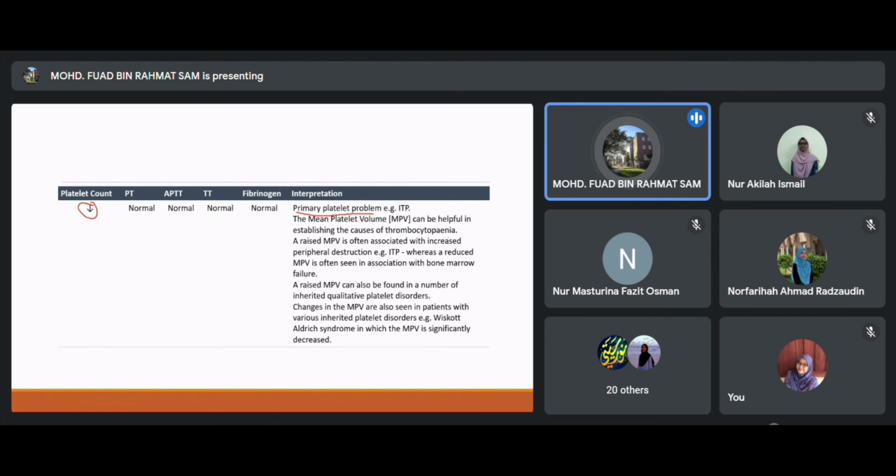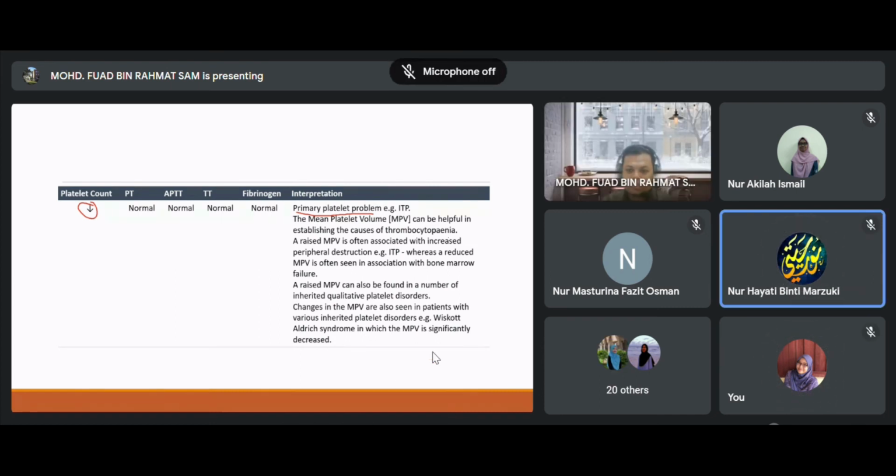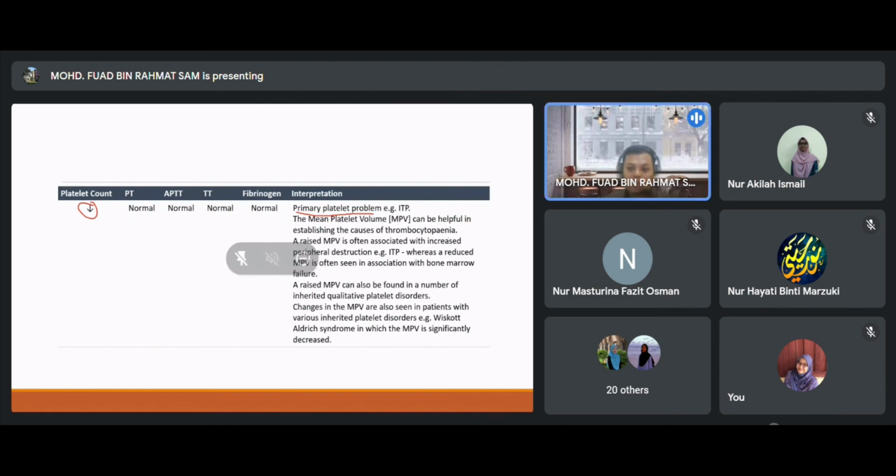What is thrombocytopenia by the way? Daripada term ni pun boleh tahu dah thrombocytopenia. Apa itu thrombocytopenia? Low platelet. Apa? Low blood platelet count. So a raised MPV is often associated with increased peripheral destruction,